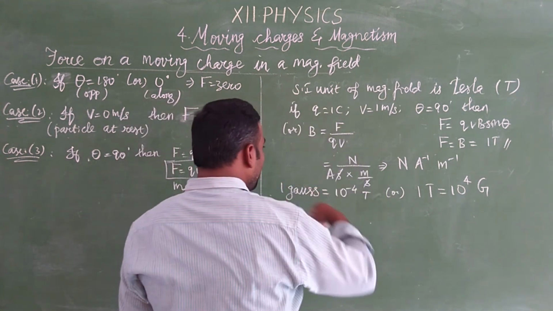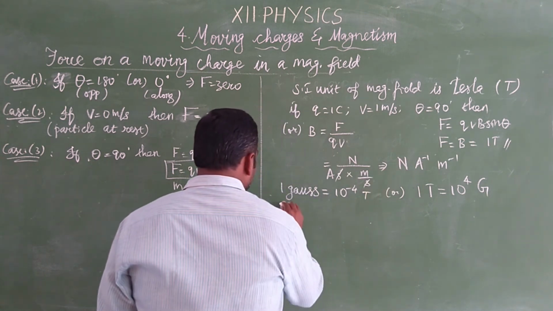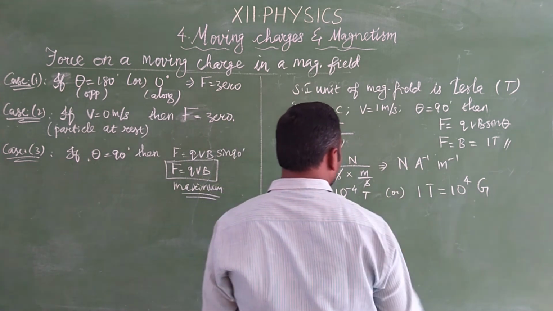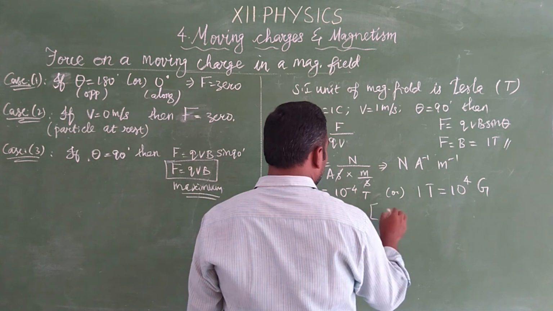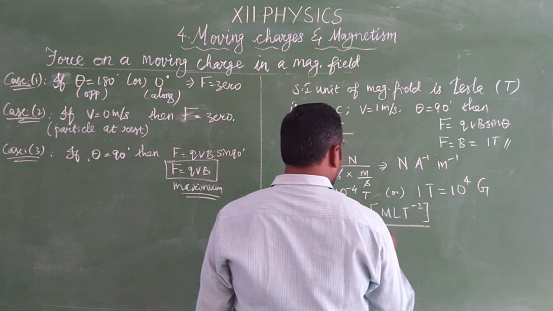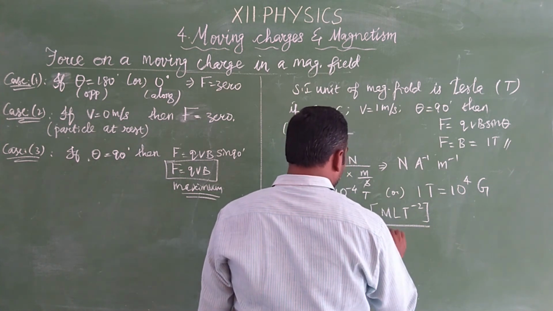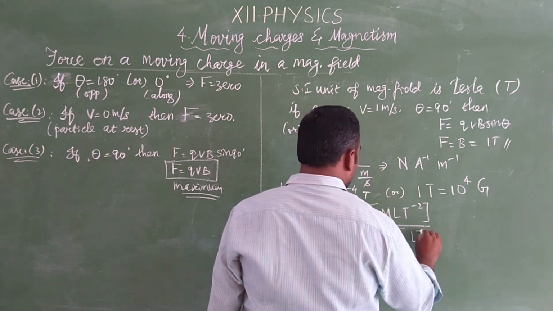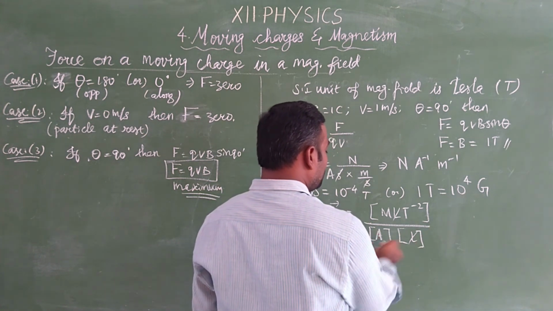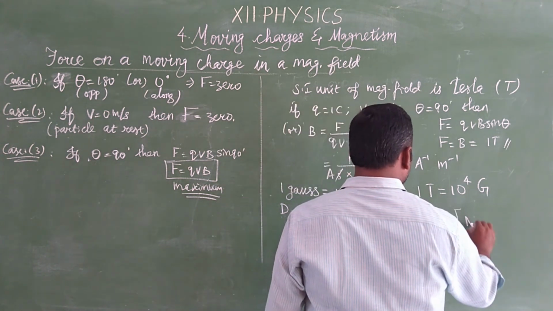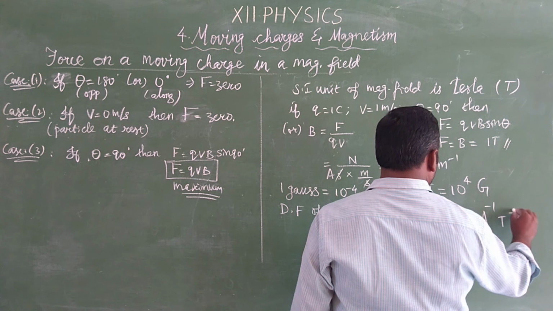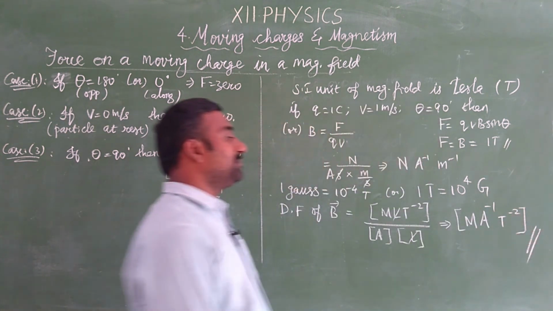And also we are going to set the dimensional formula of it. So the dimensional formula of magnetic field is given. Substitute the corresponding dimensional values. For force, Newton, it is MLT minus 2, and for ampere, no dimensional formula, so it is ampere only. And for meter, the length, it is L. So this and this cancel, and finally the denominator value comes to the numerator. The dimensional formula is M, A power 1 becomes A power minus 1, T power minus 2. So this is the dimensional formula of magnetic field.